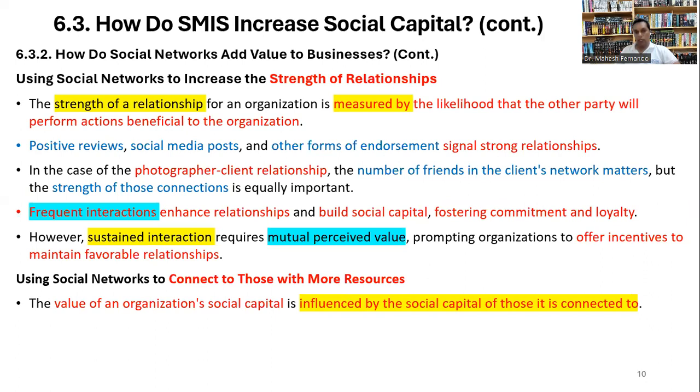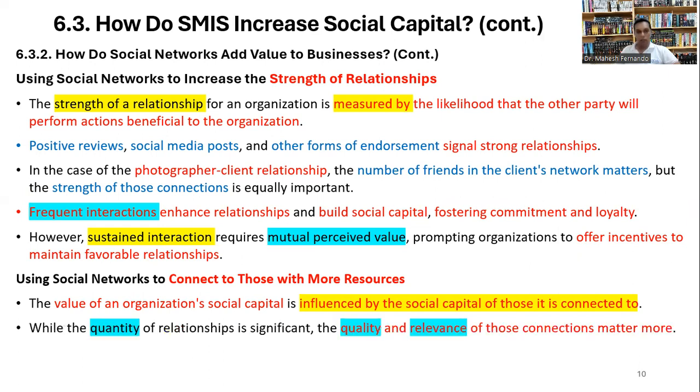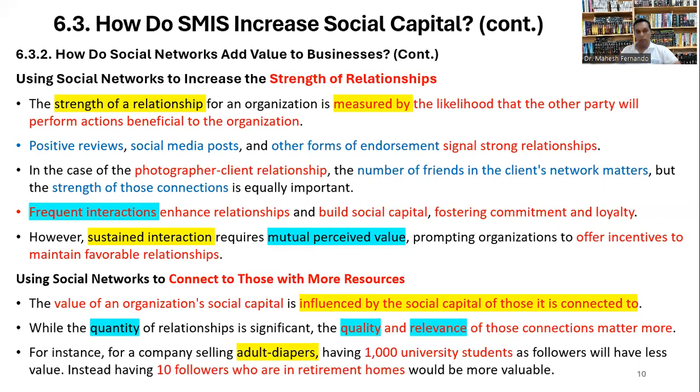The number of connections those people have, and the strength of those connections, will always matter. While the quantity of relationships is significant, the quality and relevance of these connections matter more in most cases, right?